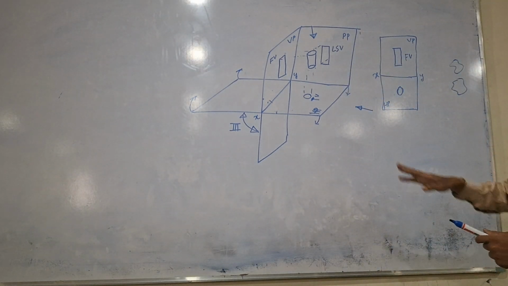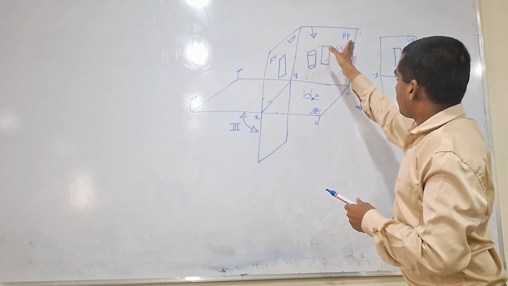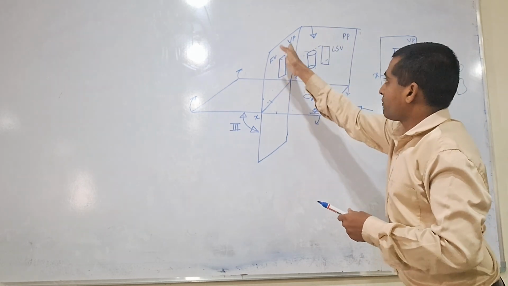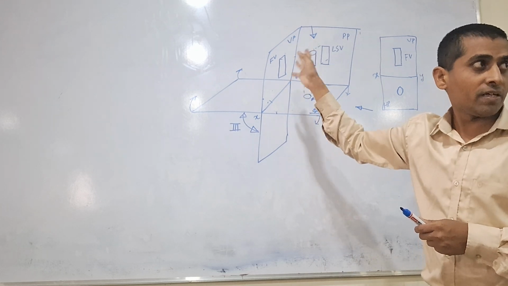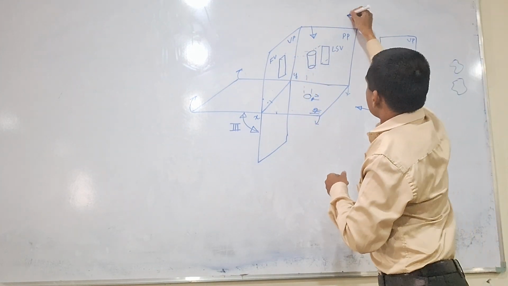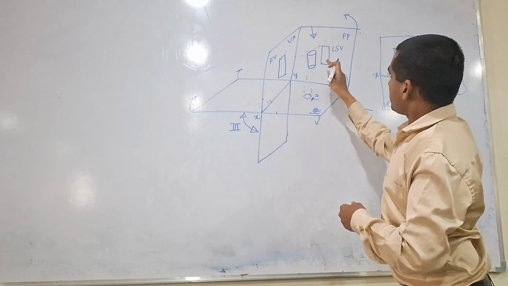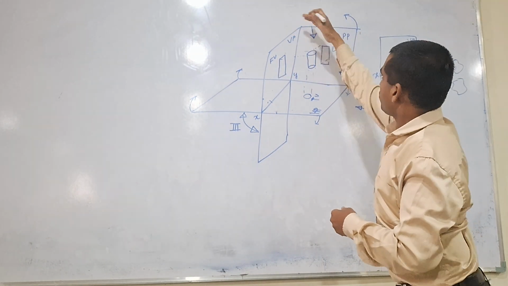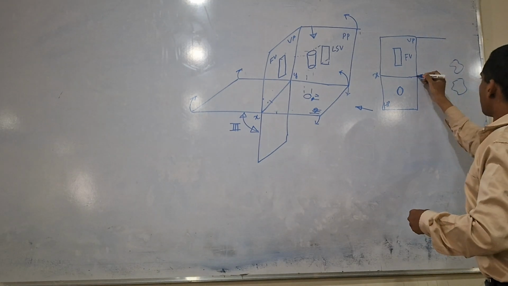Now, to see this left hand side view, what are we doing? We are rotating this PP plane so that it will coincide with VP. We are always trying to coincide with VP. So we are rotating this PP plane in this way. If we rotate in this way, then what will happen? This left hand side view will come here. This is a PP plane,